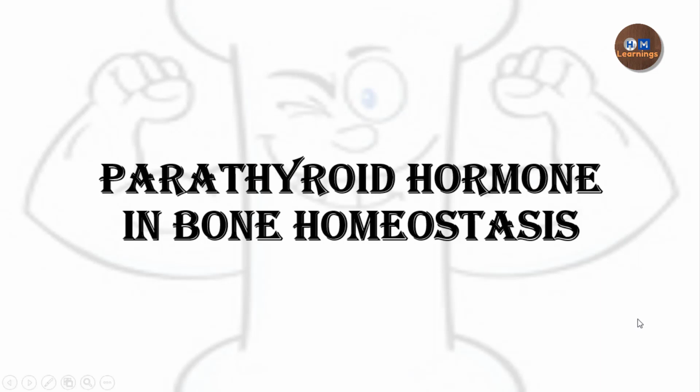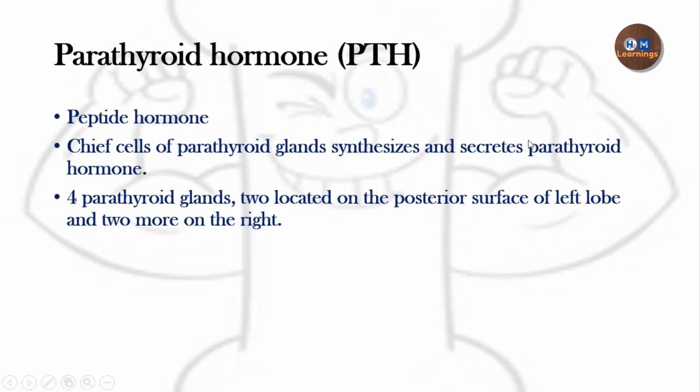So with this, we will begin today's video, which is about the parathyroid hormone. This video is a part of a series on bone homeostasis that we are doing. We have already finished the vitamin D video previously, and now we are doing the parathyroid hormone video. After this we will do the calcitonin video, and then a video in which I combine all these hormones and tell you how all three of them act on the target tissues to keep the calcium in a normal range.